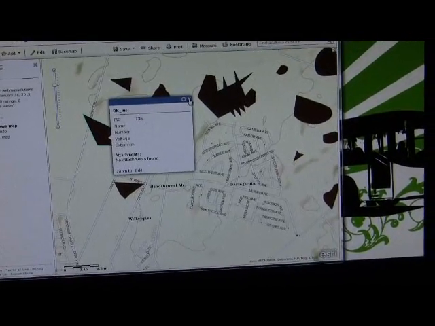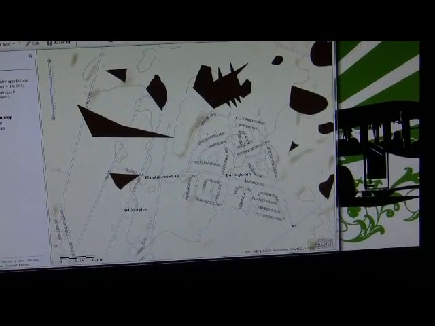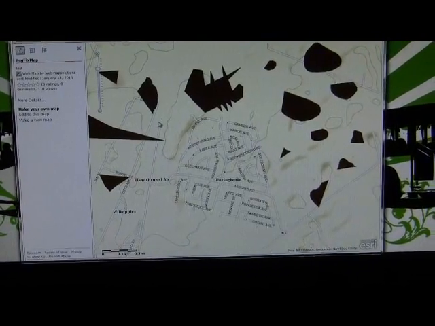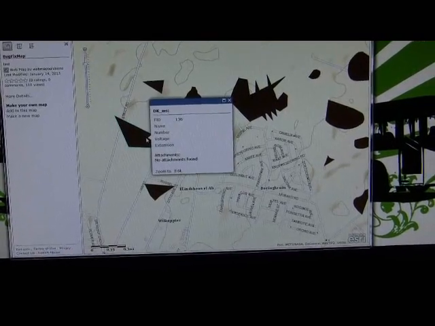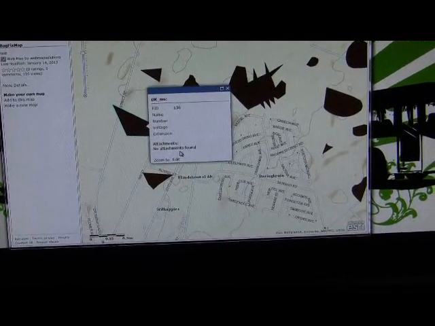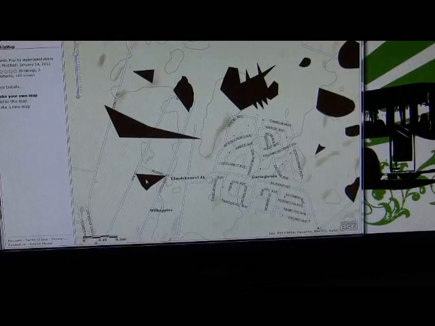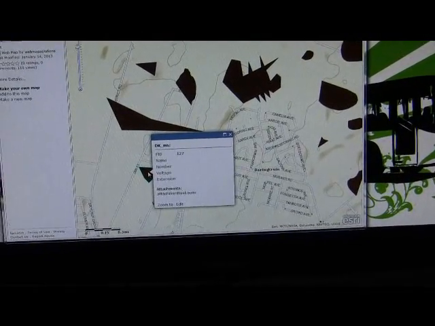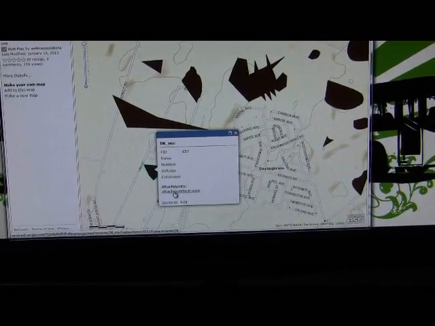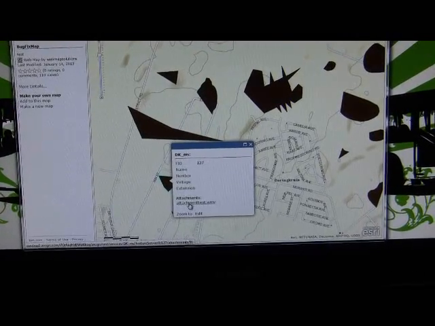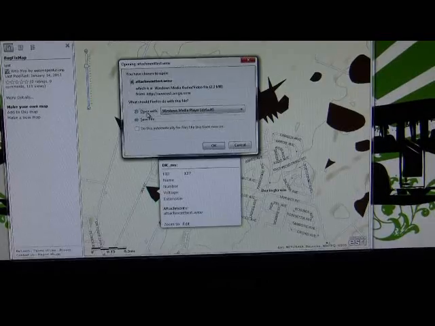It doesn't say an attachment. Let's reload the map and just see if we get that. I think we may need to refresh the map just to see that feature. Okay, there we go. No attachments. Interesting. That worked before. So there's the actual attachment, the video attachment. I'm surprised we didn't get the audio attachment. We can actually open that